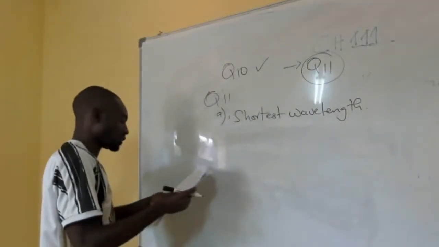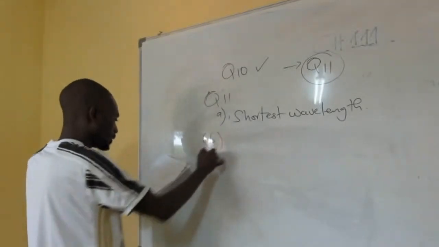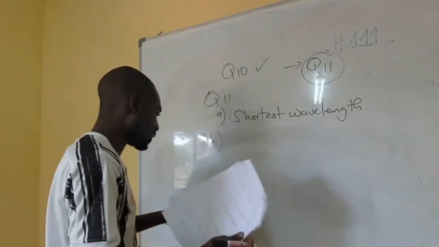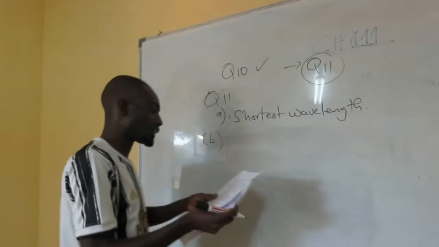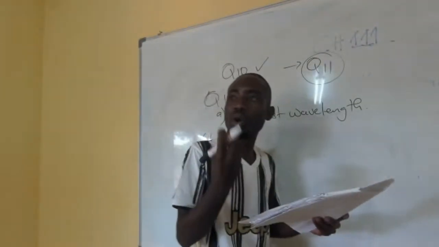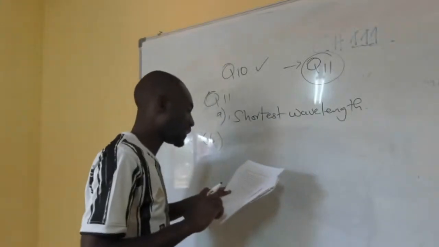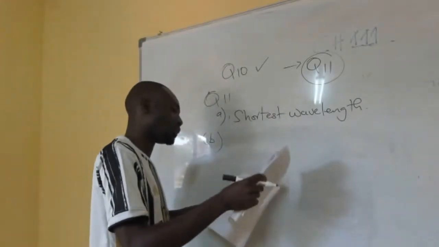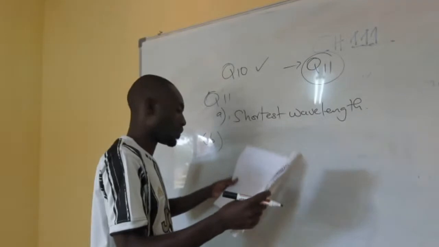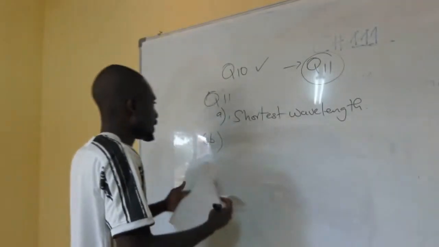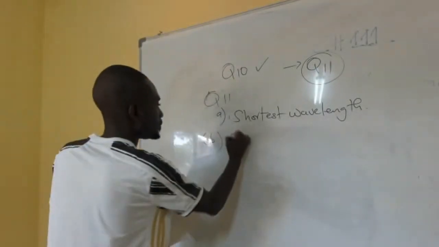Then you're done. So now B, what are they saying? What do they want us to calculate? What is the frequency of the most prominent line? What is the energy of one photon of the wavelength? So what you're going to do, you're going to start